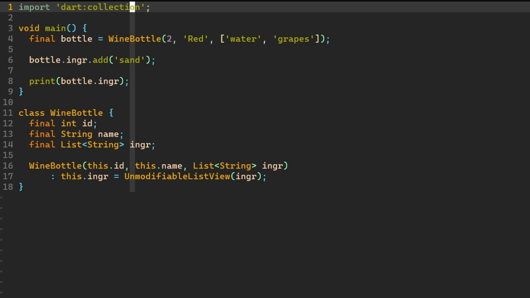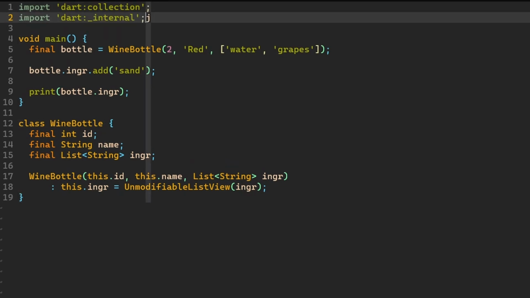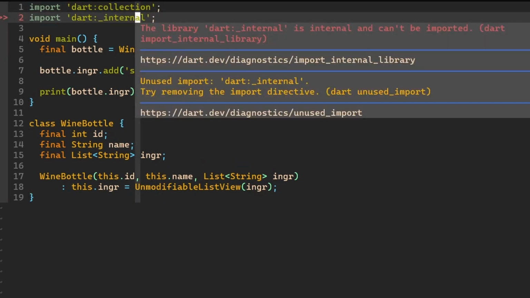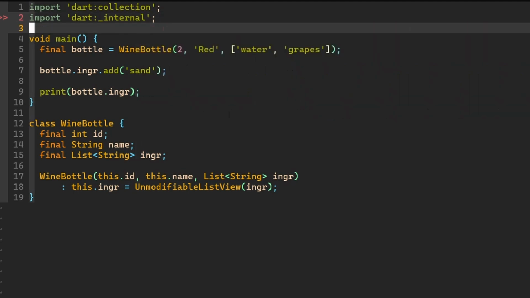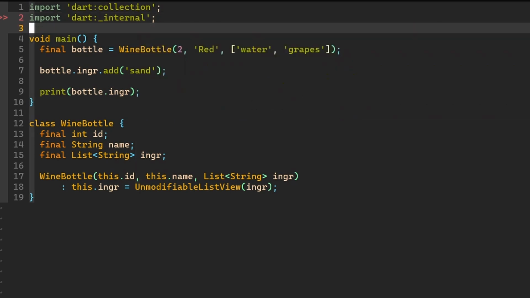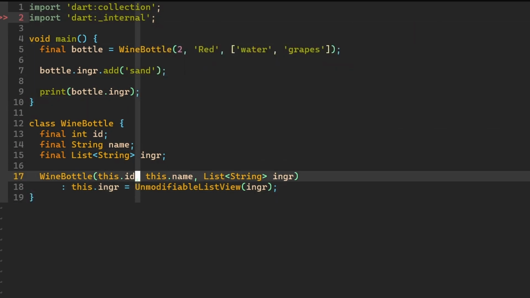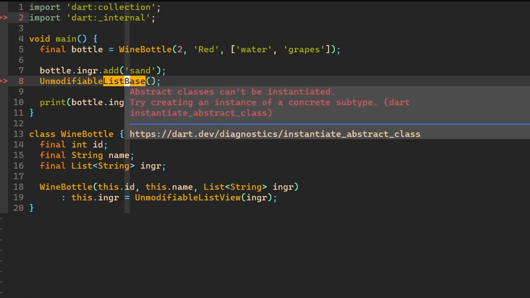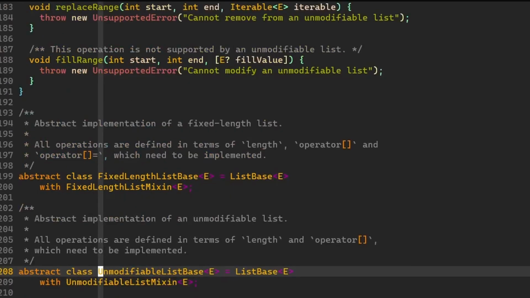We can get access to it by importing the internal package from Dart. We can do it in any script just like this, but you will not be able to run this code right now because it's a private package that is just not available. But anyways, we are able to import it just to see the implementation of this list base. So let me just add here this unmodifiable list base so that we can simply navigate to it right now